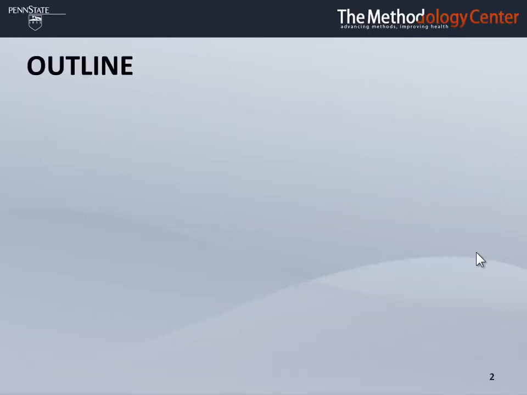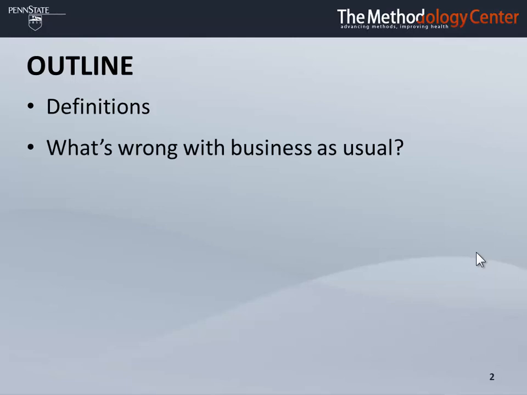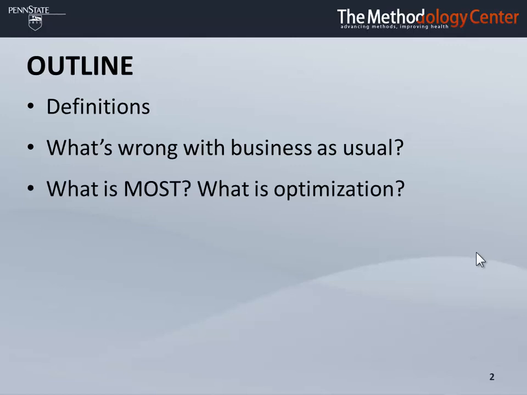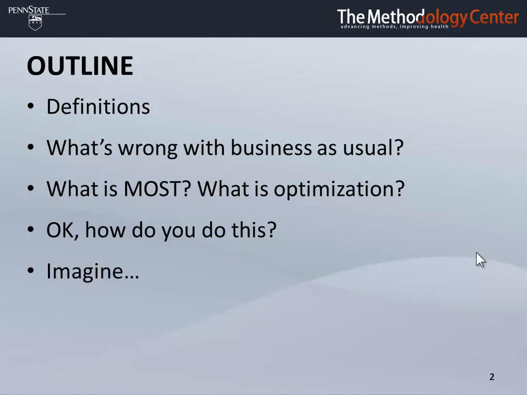Let me give you just a quick outline of what I'm going to be talking about. I'll start with some definitions just to make sure we're all on the same page. I'll talk about what's wrong with business as usual, at least the way I see it. And I'll talk about what is a multi-phase optimization strategy, what I mean by optimization. Okay, how do you do this? I'll give you an example of a project that's in the field, and then we can maybe imagine a few